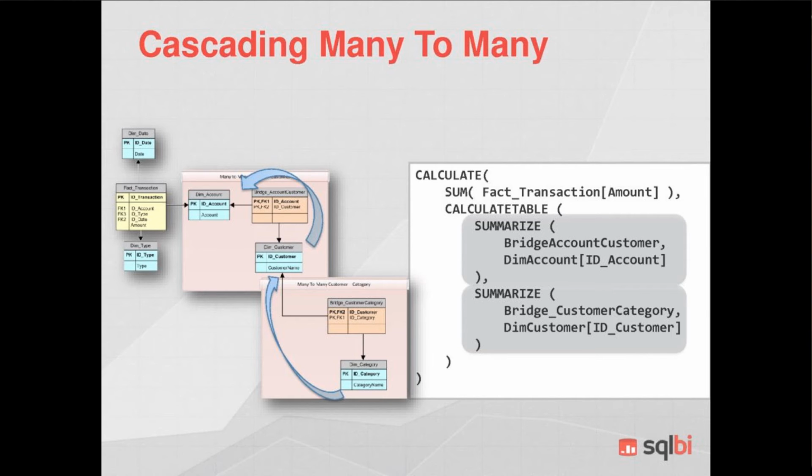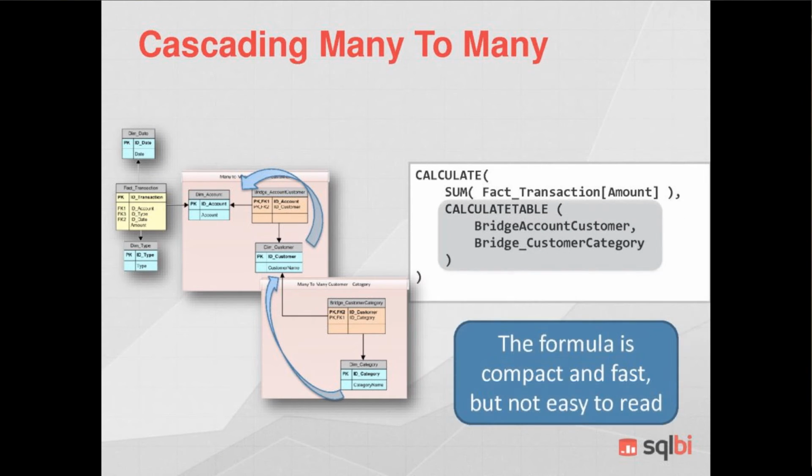This is the long way of writing, but you can still follow it. If you are brave and you want to write the short version, you can simply write this formula: CALCULATETABLE of bridge account customer, bridge customer category. It's very compact, it's very short, nearly impossible to understand. Meaning it's not nearly impossible, you need really to think at all the steps and how